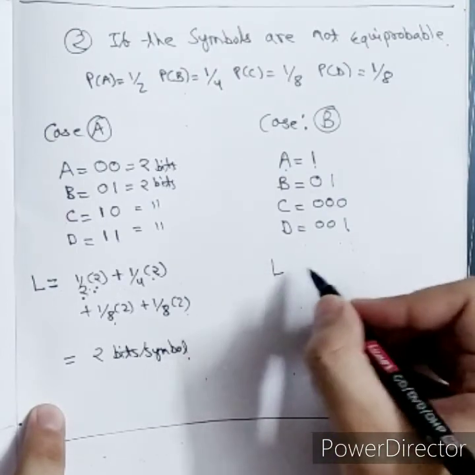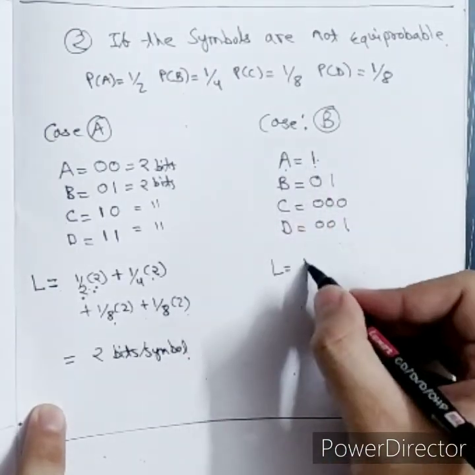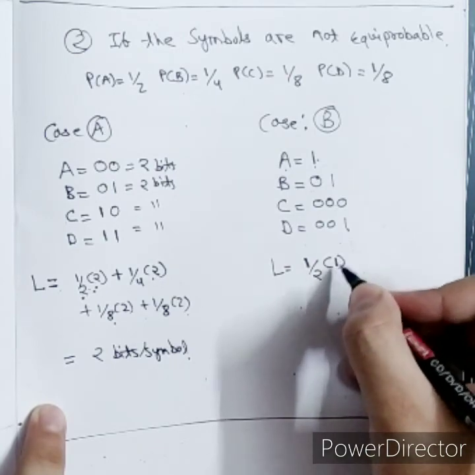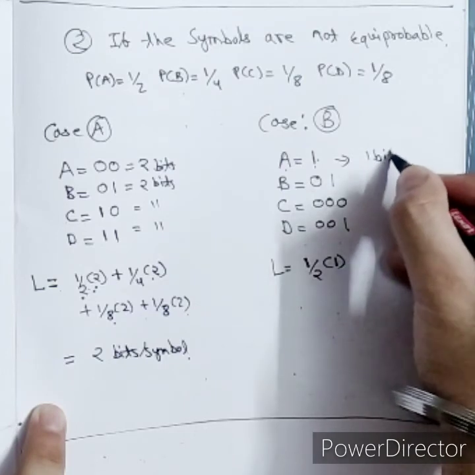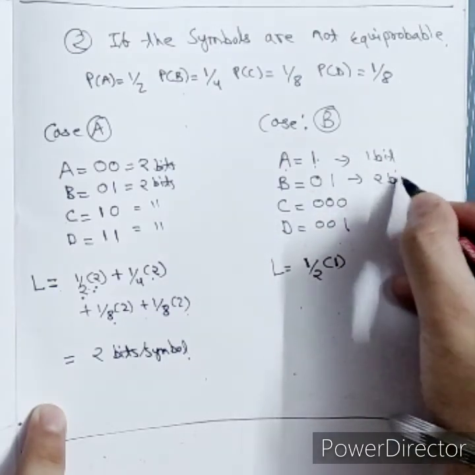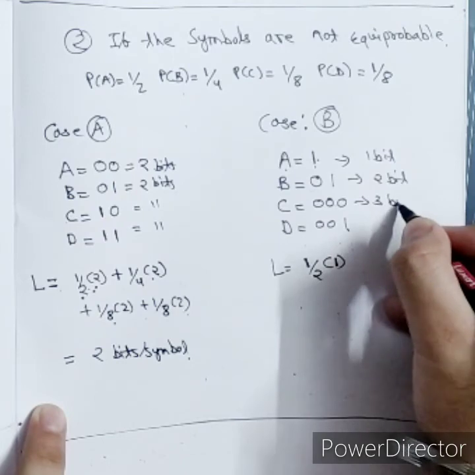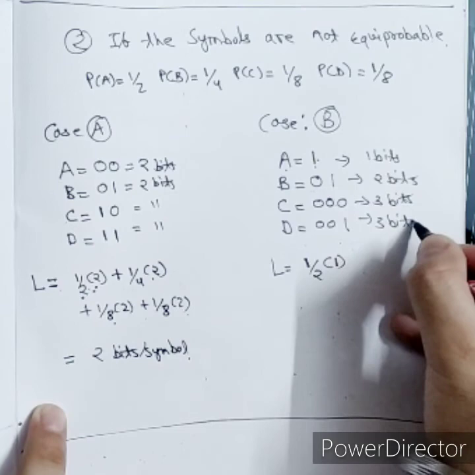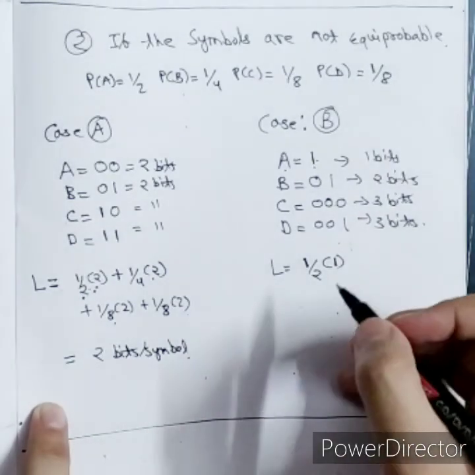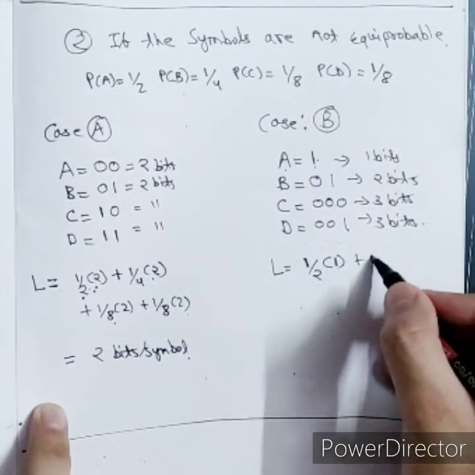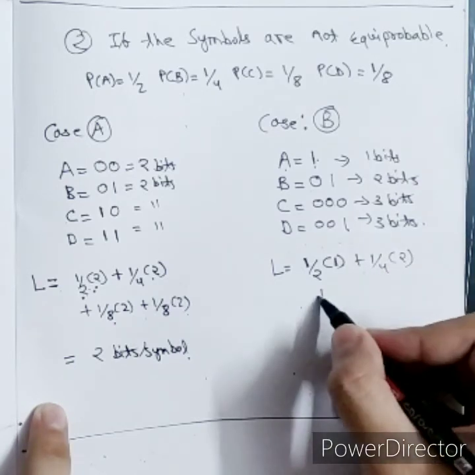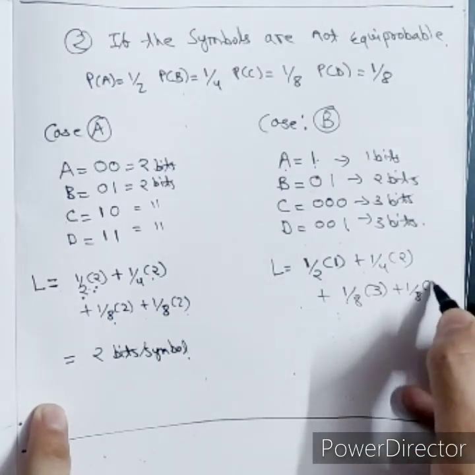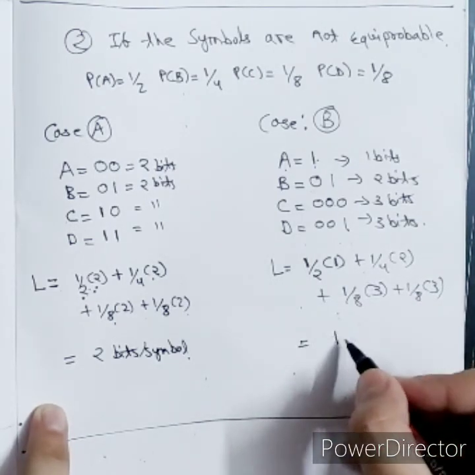So let's calculate L. Again this is 1/2 probability, so 1/2 into number of bits, that is 1. Here it is 1 bit, 2 bits, 3 bits, and here also 3 bits. So average code word length will be 1/2 into 1 bit plus 1/4 into 2 bits plus 1/8 into 3 bits plus 1/8 into 3 bits. When you calculate this, you will get 1.75